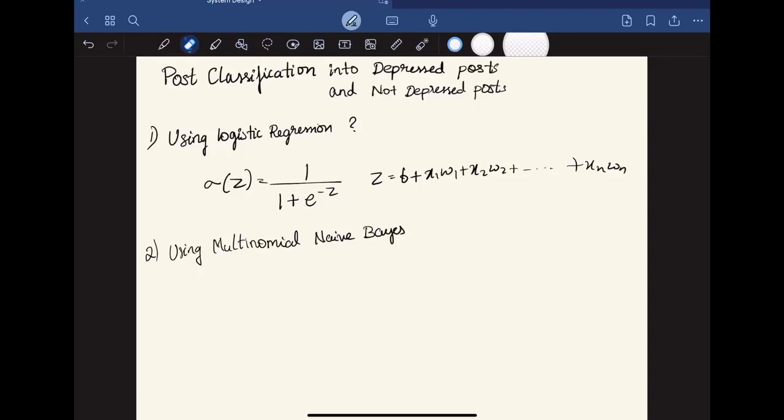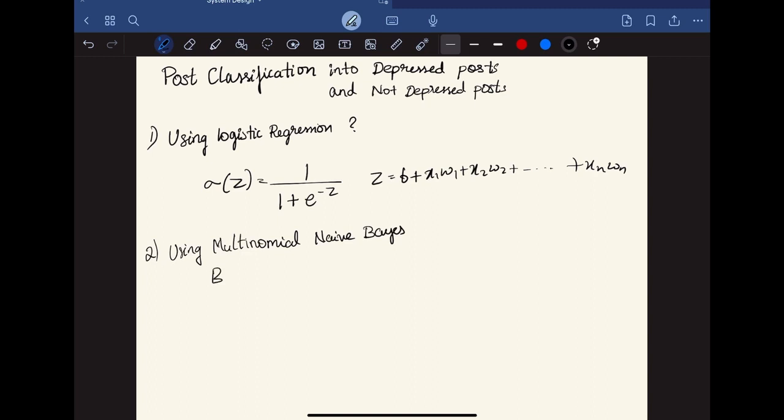Hello everyone. Previously, we have seen implementation of post classification into depressed post and not depressed post using logistic regression. And today, we are going to implement the same using multinomial naive Bayes. In order to implement multinomial naive Bayes, we need to know a few things, out of which the first one